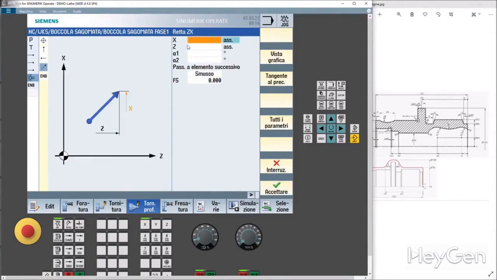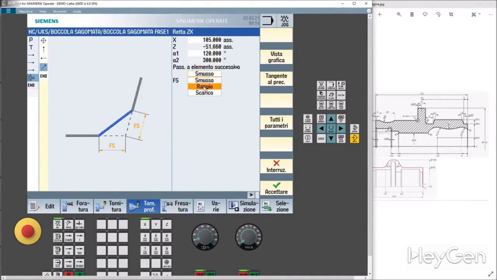inclined from 105 alpha to 105 alpha, inclined at approximately 60, so 90, 120 degrees each. And here we also have a radius of 5 mm.